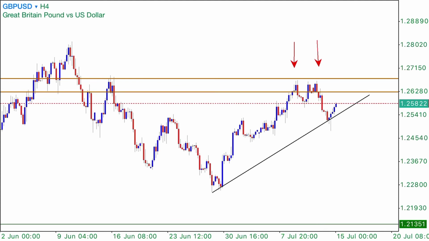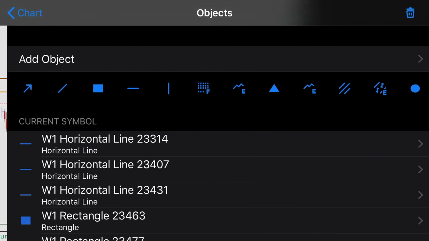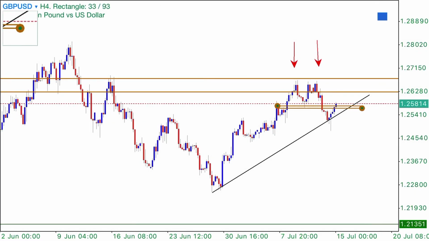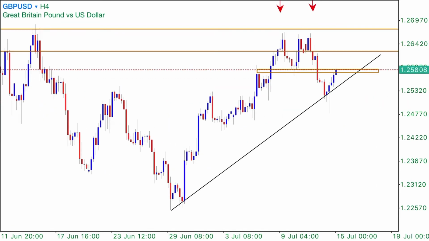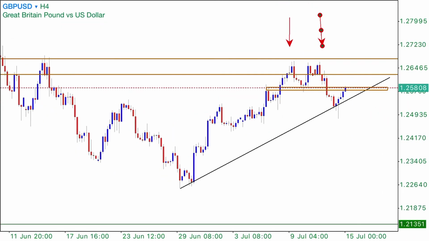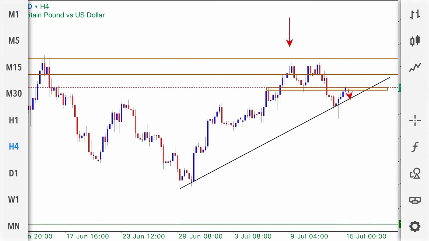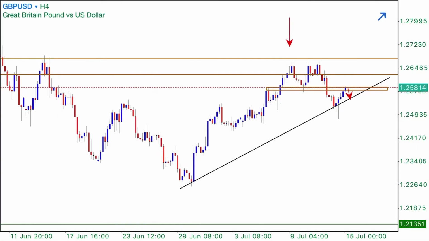Price has made a double top on our resistance, and we can also see, like I said, that this is a key level the price is trying to react to. So what we can expect here is we can expect price to react to this level, come back down into this level, and go up,